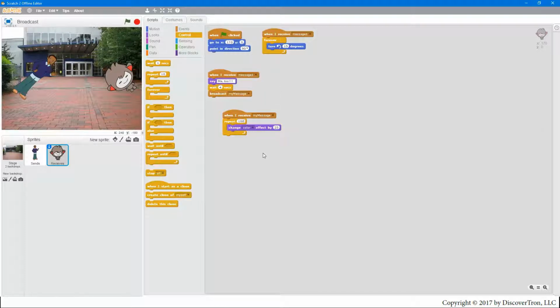I'm not sure of the details as to why it does it, but I've noticed it happens primarily with Scratch. I never have issues with Unity. Okay, so we run the program, and once it receives this message, it's going to say me too. It's going to count 4 seconds, then it's going to send my message, and then it's going to start changing its color. Oh, there it is. See how it's slowing down my screen because it's painted different colors. Okay, so that's the broadcast message